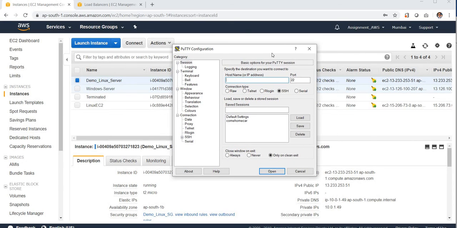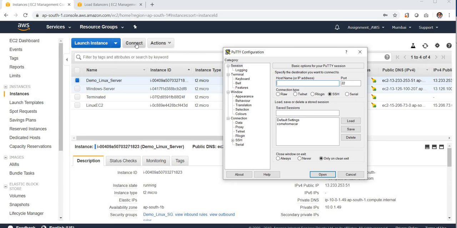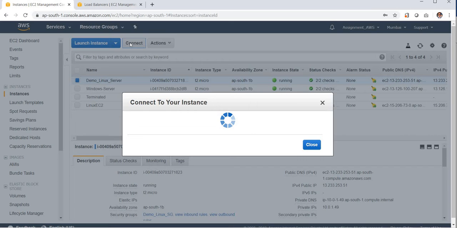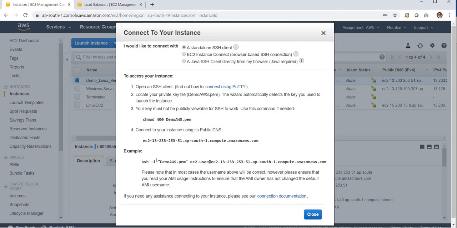What we need to do is select the instance, click on connect here, and copy this code. For example, this is how you connect to a Mac system. You just keep the PEM file path and then this route. But here we are on Windows, so on Mac it's pretty easy. On Windows we'll use PuTTY. So I'll copy this whole stuff, copy it, close it,